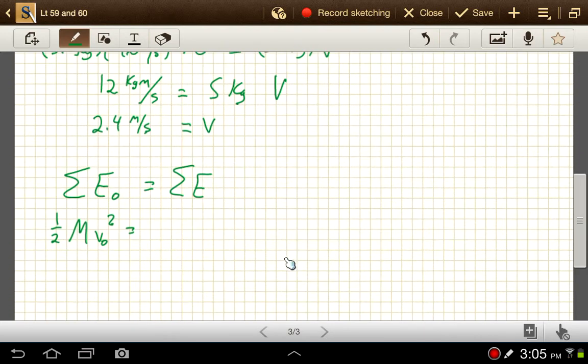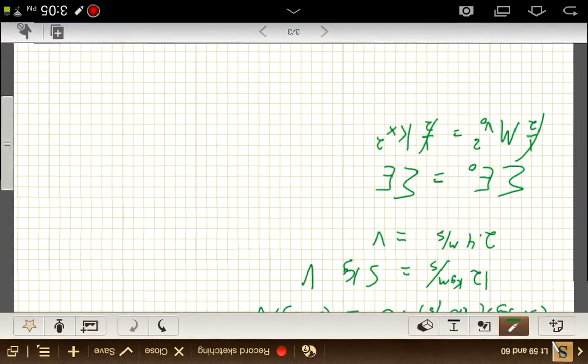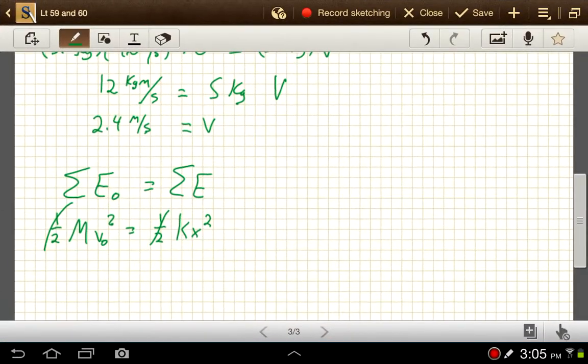So that'd be all spring potential energy. Okay, so the 1/2 on each side, I can multiply both sides by 2 to get rid of those. And then we'll have our mass, 5 kilograms, times our velocity, 2.4 meters per second, squared is equal to k, and that